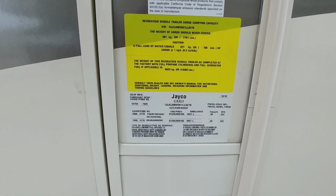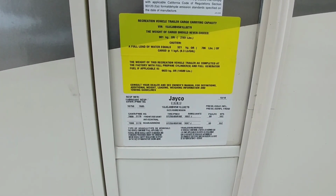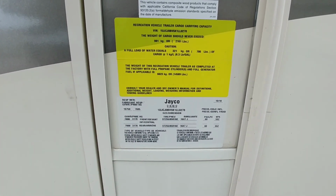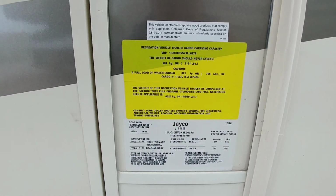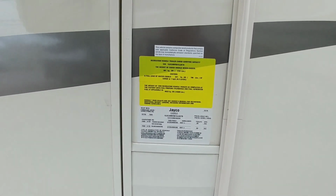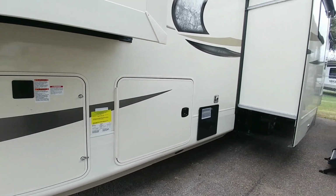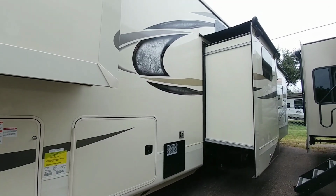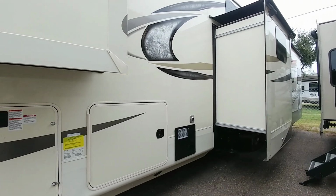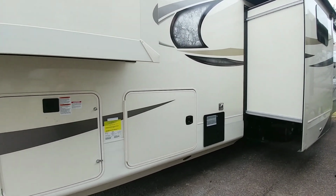So this specific coach has a gross vehicle weight rating of 16,750 pounds, has 7,000 pound axles, and has a payload capacity of 2,161 pounds. This is definitely a coach that I recommend towing with a dually pickup truck. I really would not recommend putting this behind a single rear wheel truck. It's heavy enough, tall enough, wide enough that you're going to want as much stability as possible when towing something